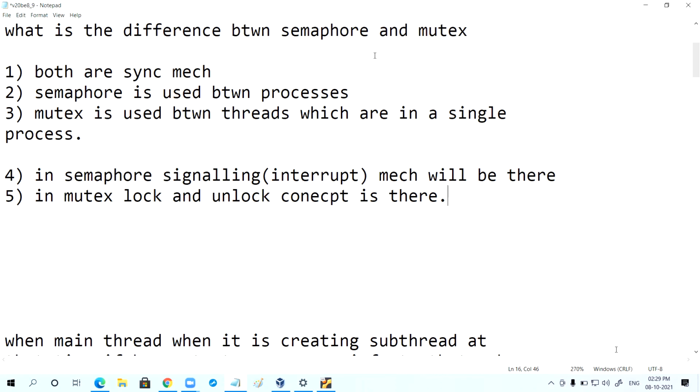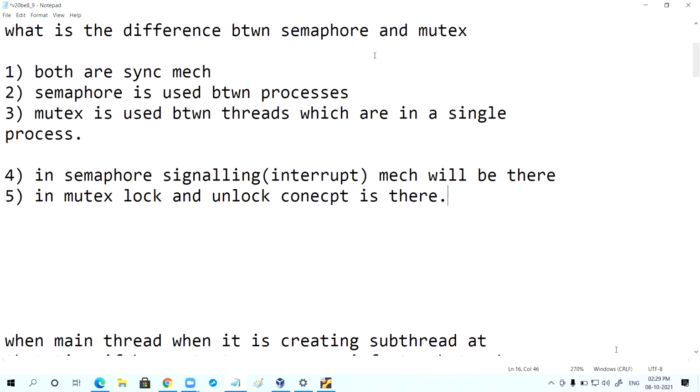In a mutex concept, locking and unlocking mechanism will be there. Is that point clear? So that is the concept of mutex, lock and unlock.